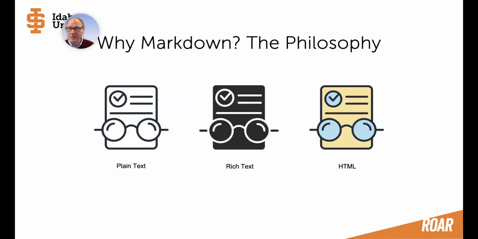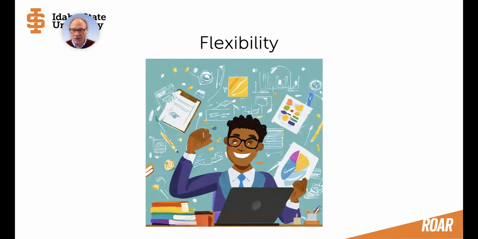Flexibility. In its essence, Markdown is just text. And because it's just text, it can be converted into multiple formats after you're finished. Again, it's very versatile for creating HTML, but it also can convert to rich text, a Word document, or create a PDF right from the Markdown language.